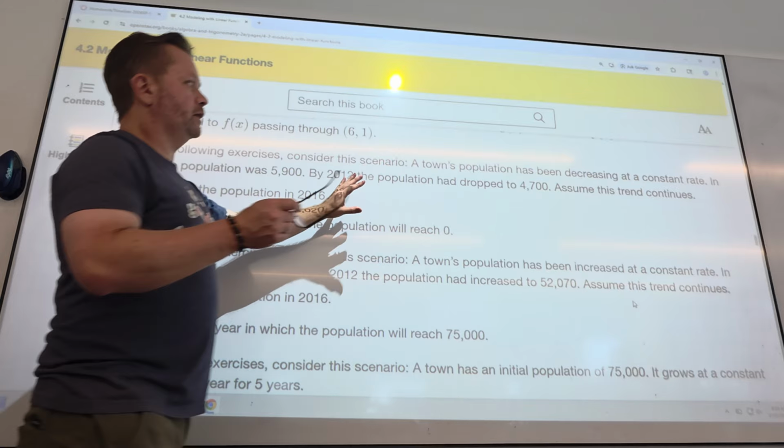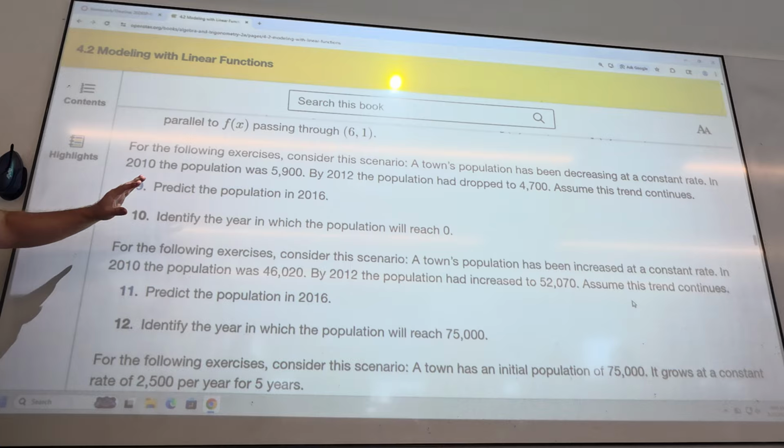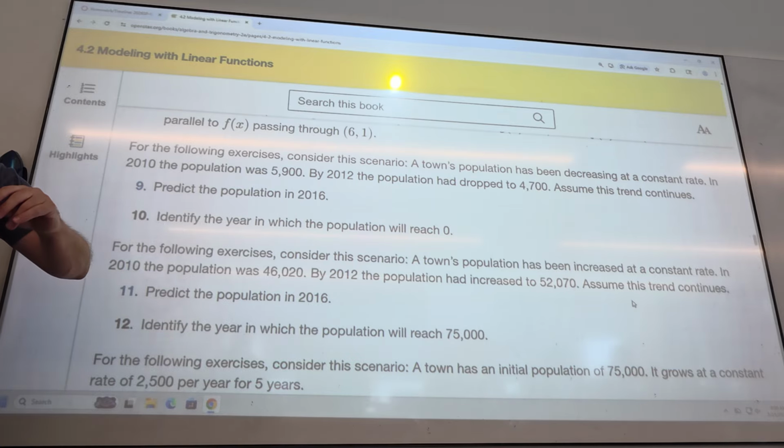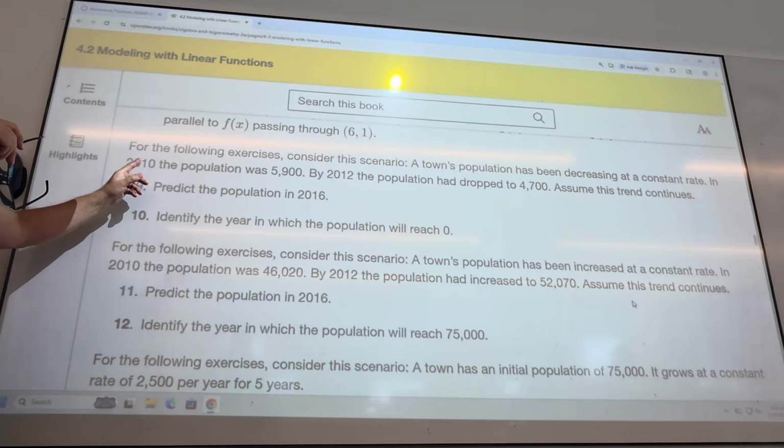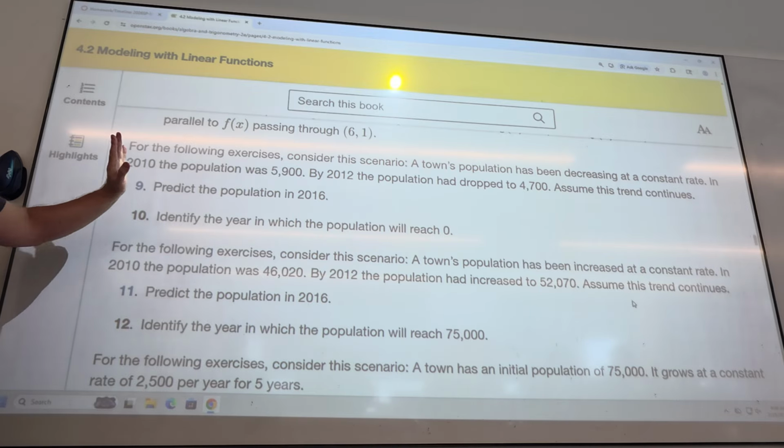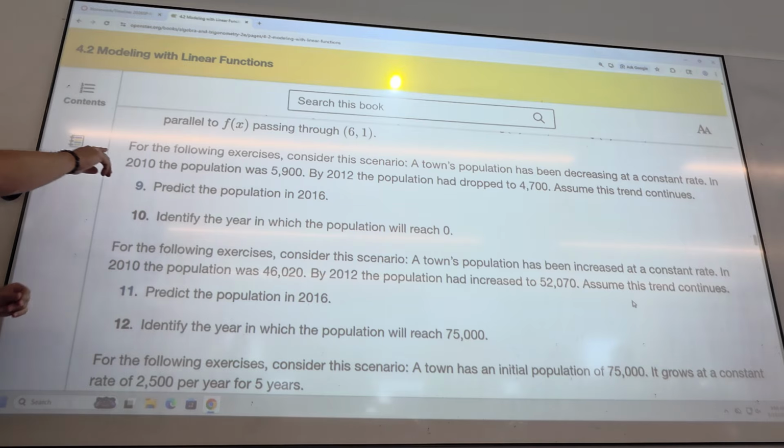What's one point of data? 5,900, 2010 and 5,000. Yeah, so a point has 2 parts. So I can consider the input to be the year. I'll show you a slightly better thing to do in a minute, but this is good. So if I write... oh, this sucks. I don't have any whiteboard markers.